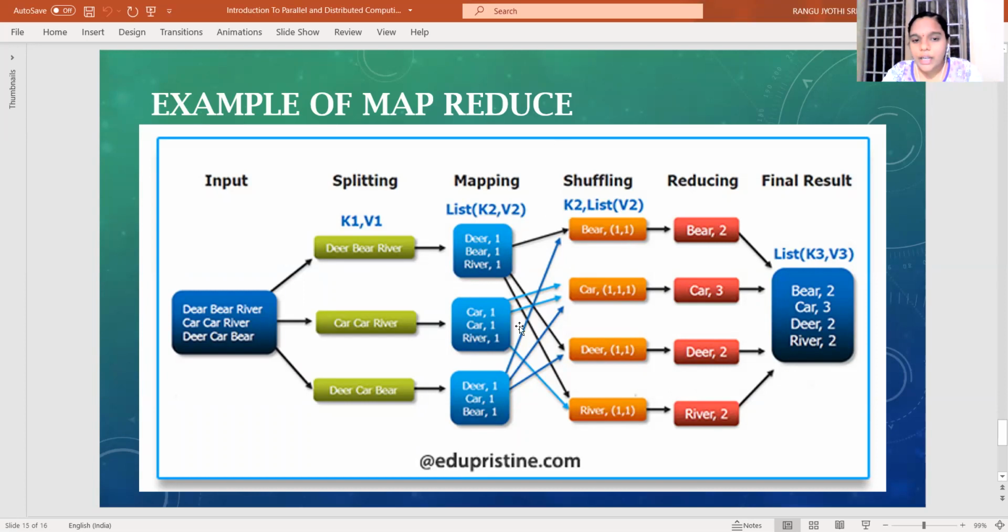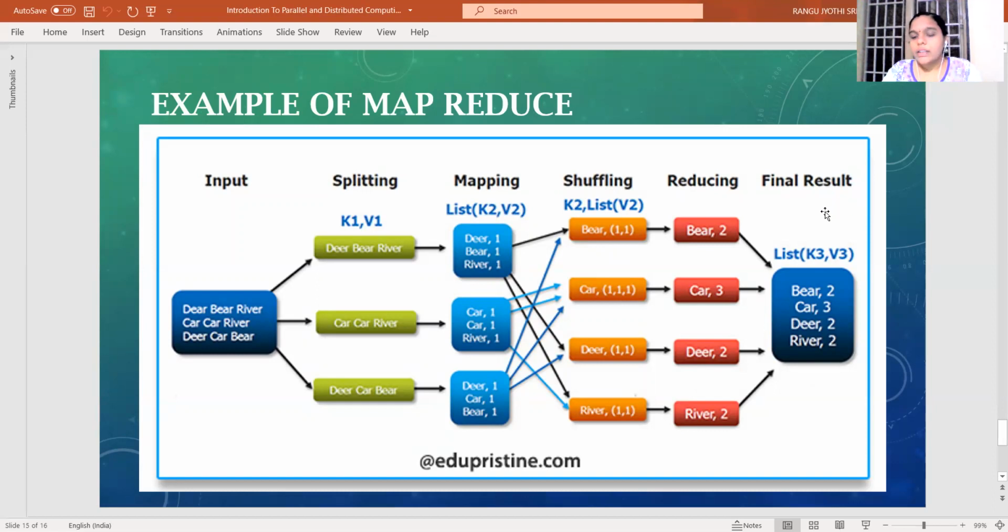And in the second file, it will check for the word bear. If it is there, it will note that count. If it is not there, it will not take it. If you compare in the third file, there is a word named bear, so it will note that count. In that way, the shuffle phase will note the frequency of each word from each output of the mapping phase. After noting each word count, it will finally return that output file to the reduce phase.